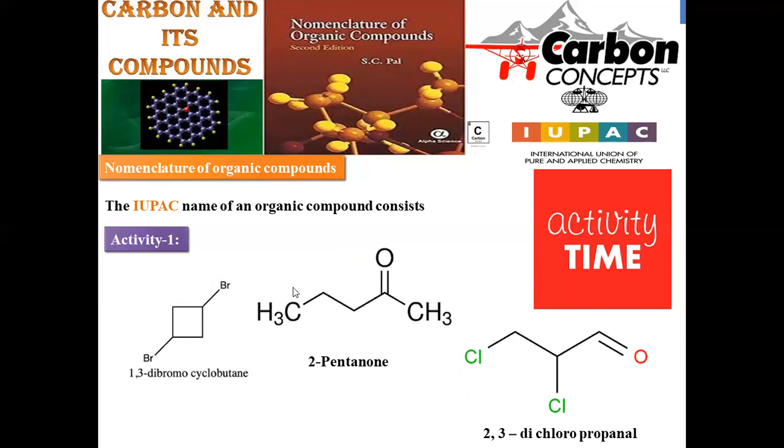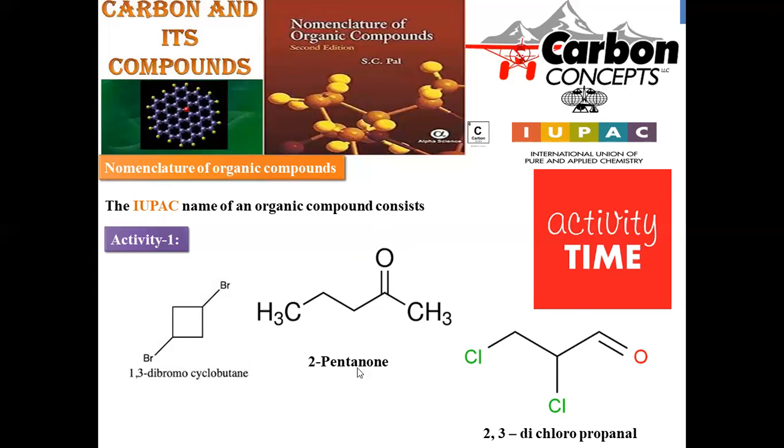Move on to another. Again, 1, 2, 3, 4, 5 carbons are provided to us. It's a 5 carbon chain where a C double bond O group is there. What's the functional group? C double bond O is called a ketone, located on the second carbon, because it should get the least number. So here numbering should start from the right hand side, 1, 2. The second carbon is associated with the ketonic group, hence one is the suffix in accordance with the IUPAC.